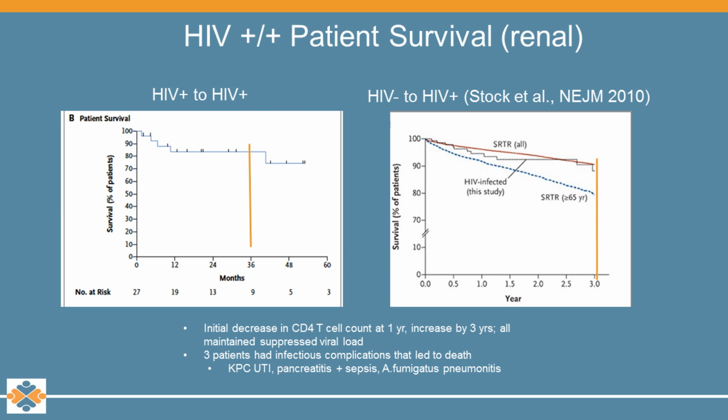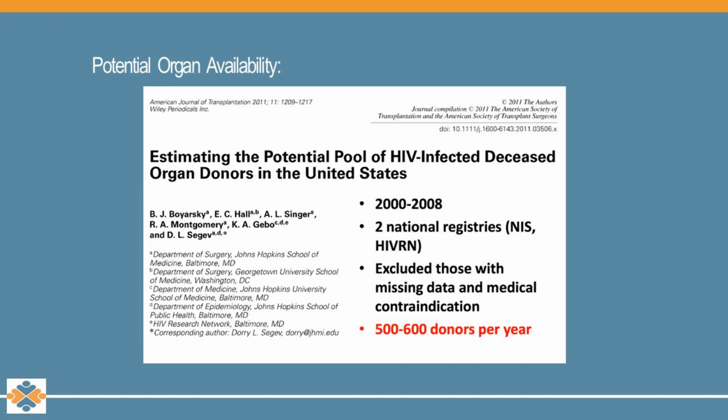So I don't know how many of the centers on the line would actually participate in the HOPE Act, but certainly this was something that preliminarily we had modeled a few years ago, that maybe up to 500 extra donors would be available through this. It's not worked out to be quite that much so far, but certainly something that I think people are still very optimistic about for our HIV population. It actually almost runs into an interesting ethical situation where they now have the potential to use even more donors than their HIV negative recipients do.